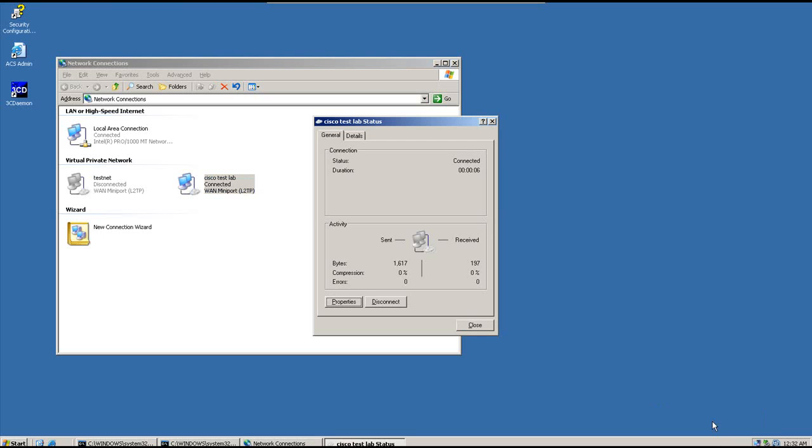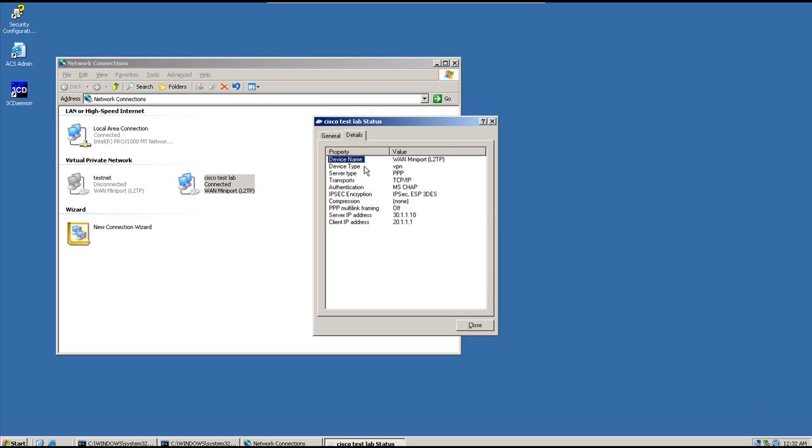If I click here and go to details, you can see that the device type is VPN, the server type is PPP. That means the PPP is being used between the peer and the ASA to authenticate each other. It's using an authentication of MS-CHAP, and an IPSEC of ESP triple DES. Remember, this was our transform set which we had configured on the ASA, so this is being used by the